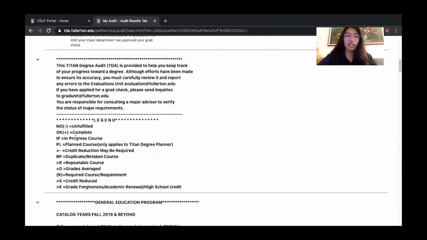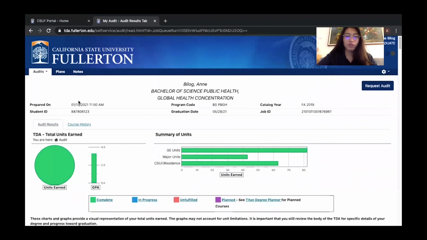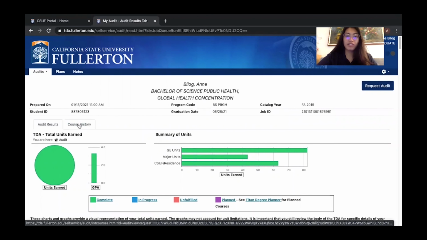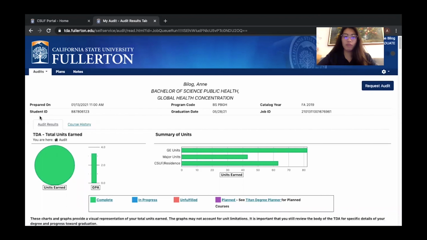There's also another section for course history, which will list all of the classes you took, all the way even from community college till now. Also, if you haven't seen your classes in your TDA, it can take a while to transfer your classes. Make sure to talk to records and admission to see what's going on. Most of the time, it would be an issue on our end, but it is important to check to make sure it's not your transcript and you can be on top of it.